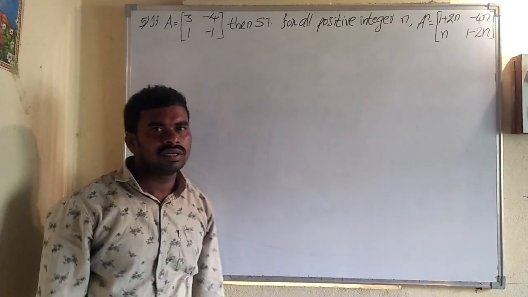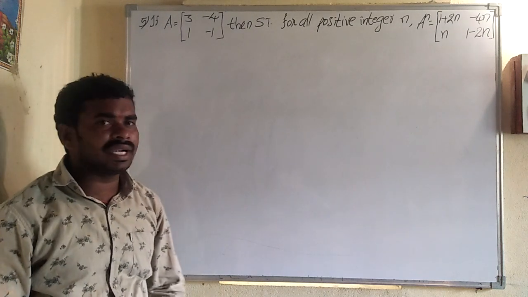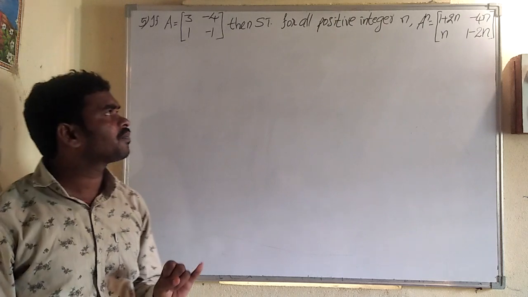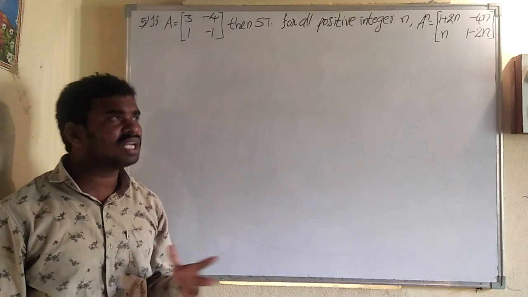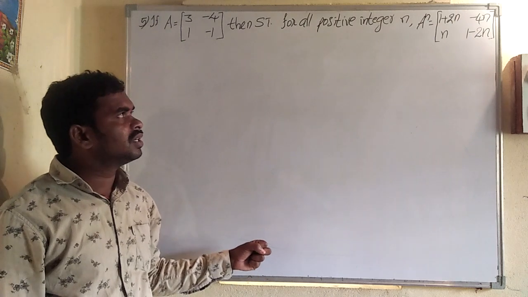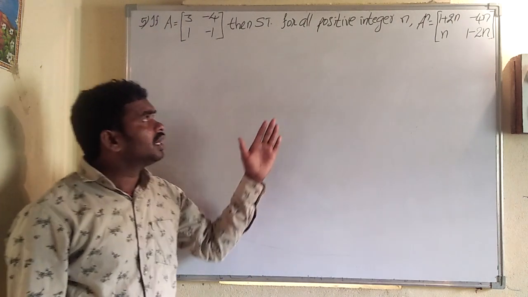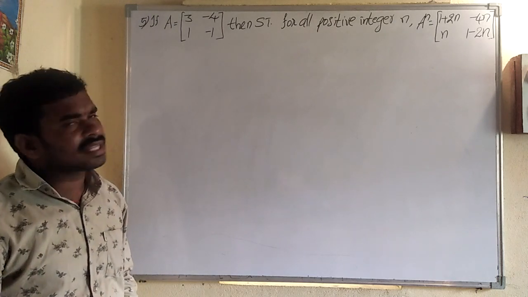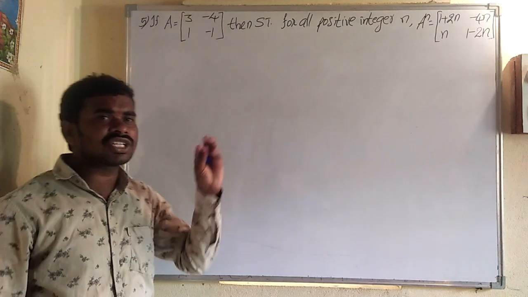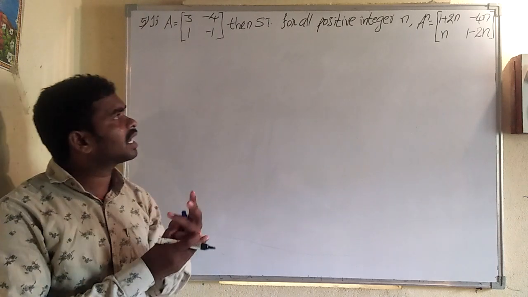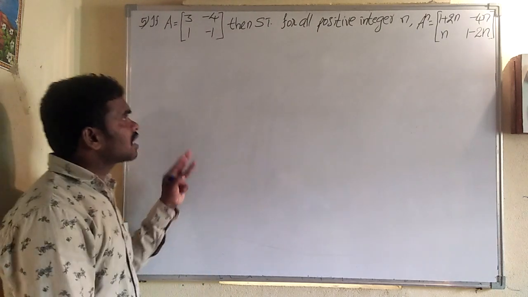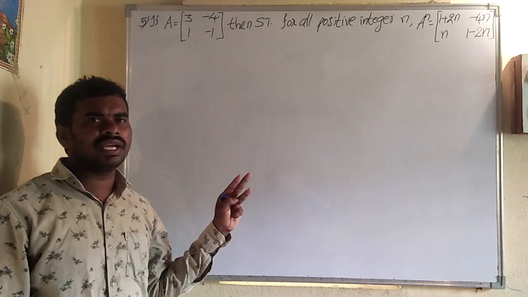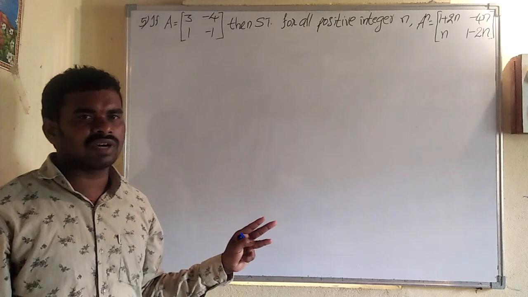How can we solve this? In mathematical induction, the second chapter of first year Maths 1A, we have only these types of questions. So it depends on mathematical induction. How to do this sum? It consists of 3 steps. Step 1 is n equals 1. Step 2 is n equals k. Step 3 is n equals k plus 1.